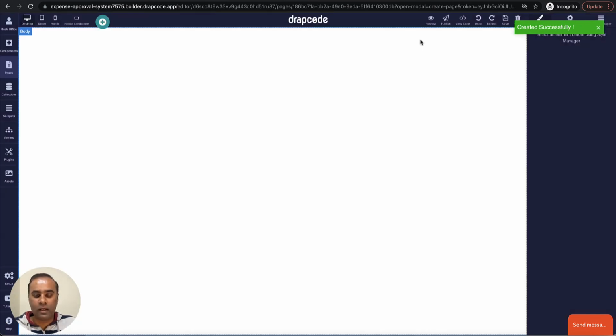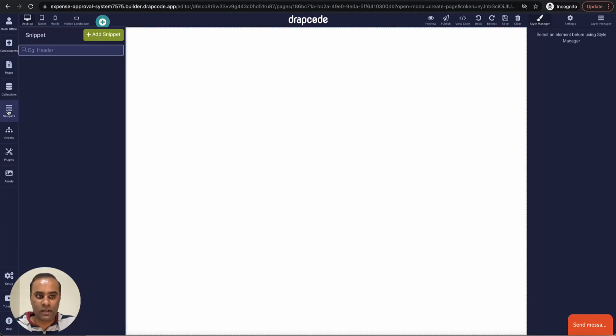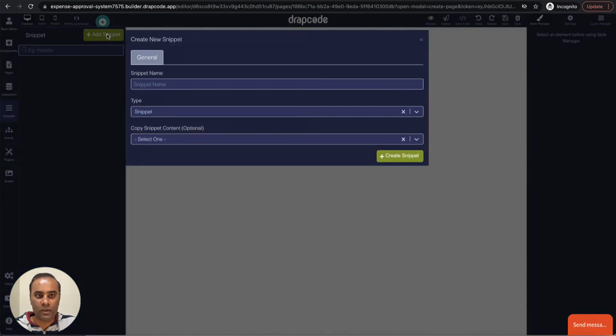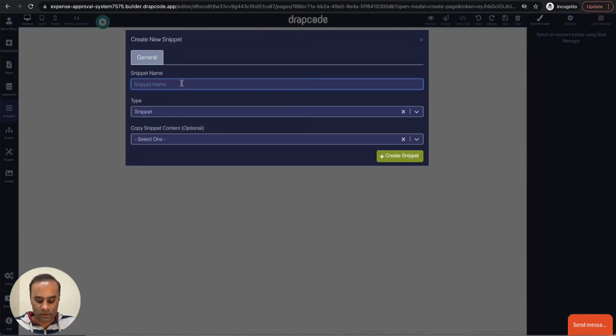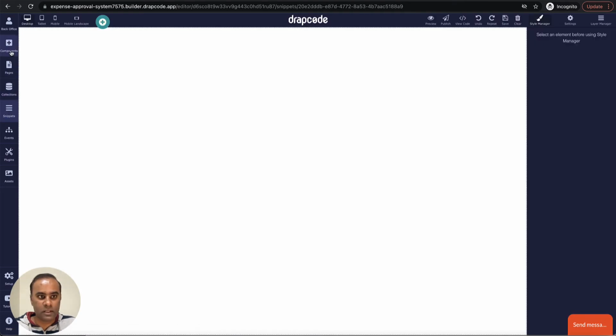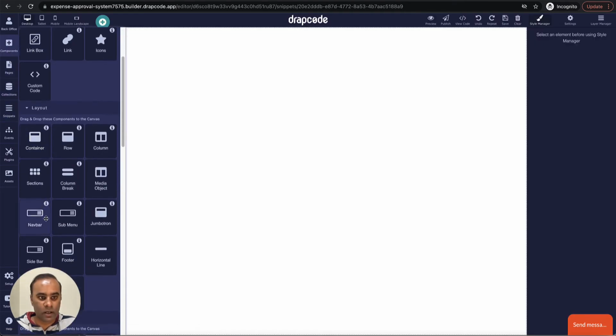Let's go and create the header or the navbar for them. Since there are several pages, let's create them in snippets so that we can reuse them as and when needed. So I'll say create a snippet. The very first snippet is employee header. So the snippet is here. Let's go and drop a navbar.